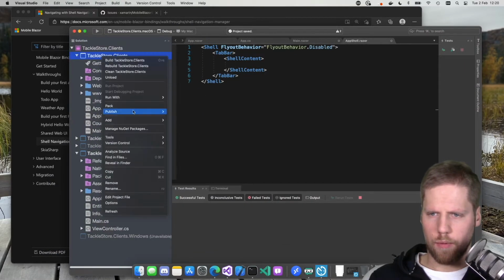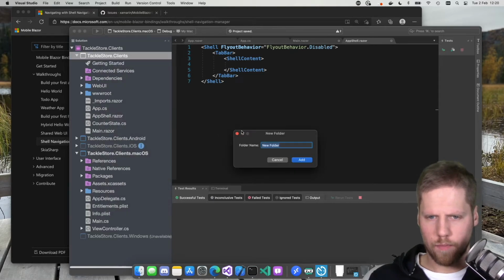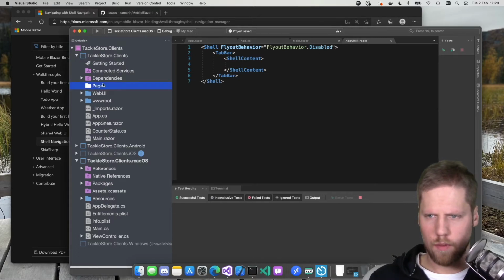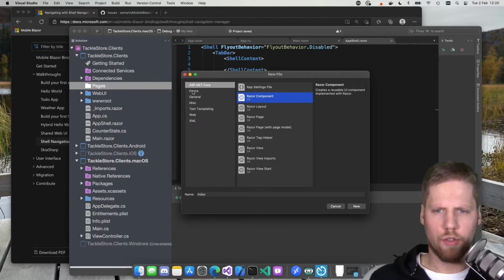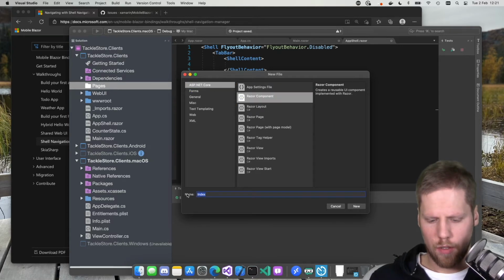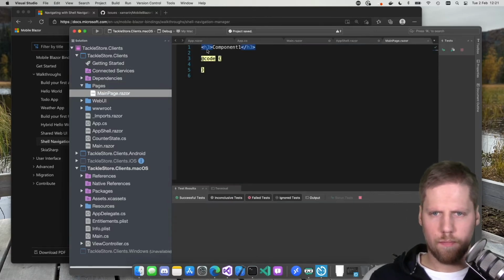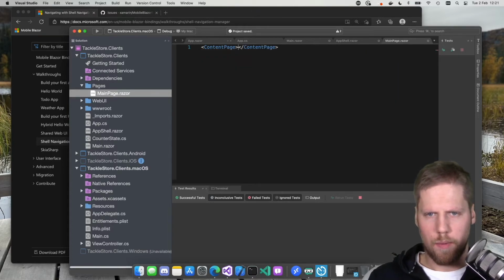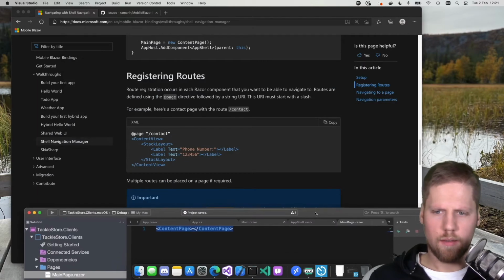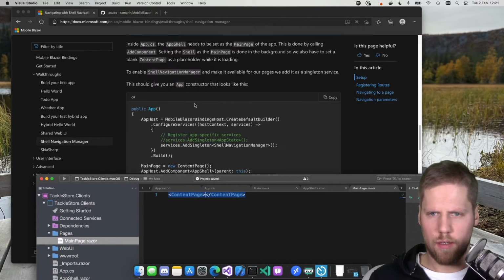Okay, put that in a pages folder, new folder, pages, add new file, and do you remember, Razor component, we should not use the forms template, so we use the ASP.NET Core templates and create a Razor component. Main page, like this, then we can use this content page, and what they had after that, yes, they just added